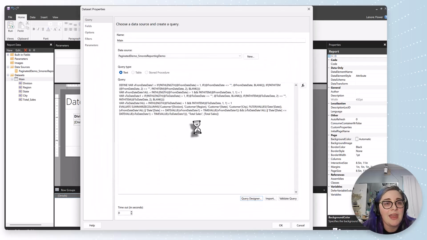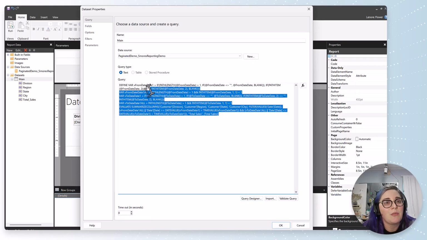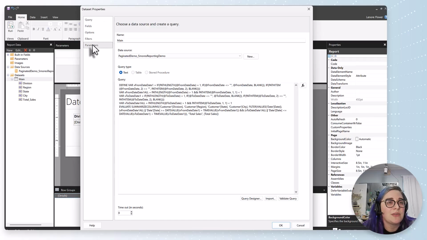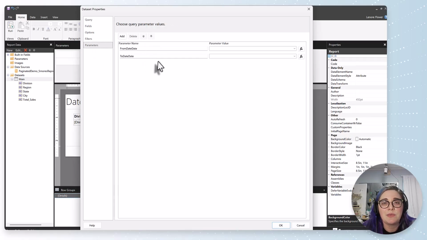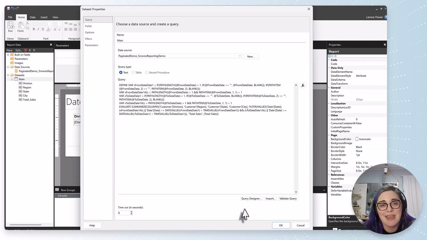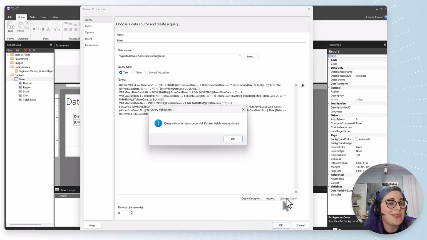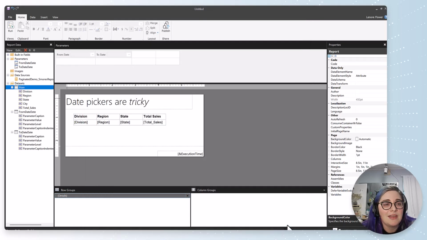We hit OK. It generates a lot more DAX for us. We can go over to the dataset properties and see that we have 2 parameters that have been written. The values haven't populated. That won't happen until I hit OK. I can hit validate the query. Everything is successful. Yay. Hit OK. Everything looks good. But once we hit run,